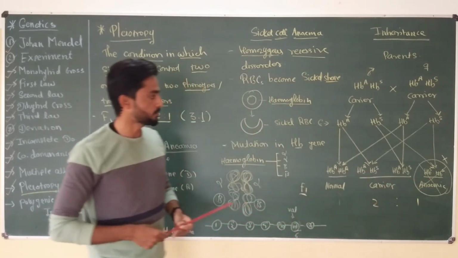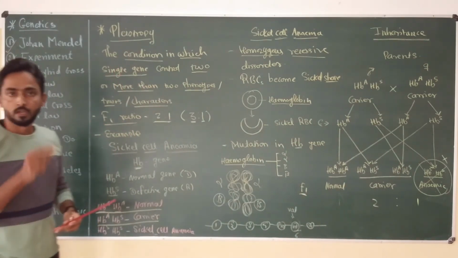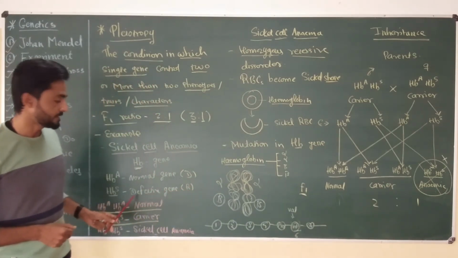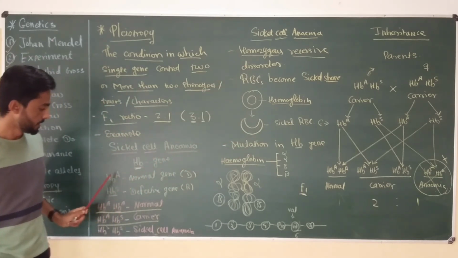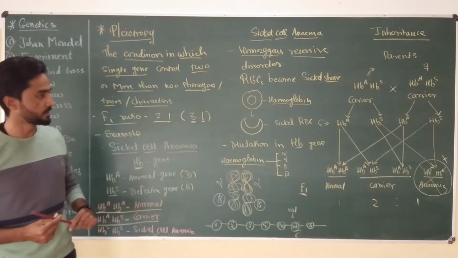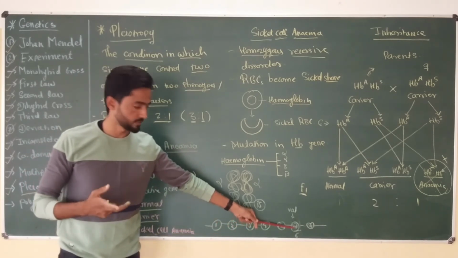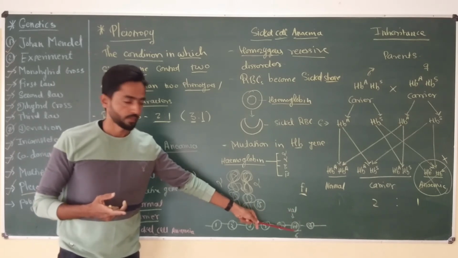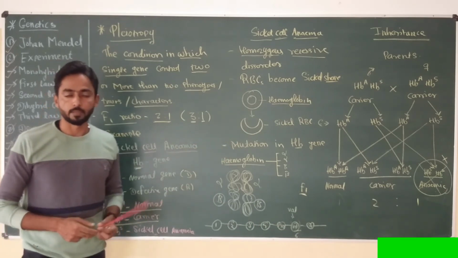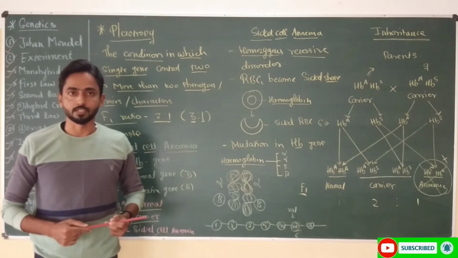Okay, so this is all about pleiotropy. It is also called pleiotropism. In this case, a single gene controls 2 or more than 2 phenotypes, and a well-known example is sickle cell anemia, the disease which develops due to the HBA or HBS type of gene, which is a mutant form of the HBA type of gene. The point mutation occurs, and because of that, amino acid number 6 is replaced by an uncommon amino acid, due to which the beta chain structure changes in the hemoglobin that ultimately produces sickle shaped RBCs, and the inheritance pattern is going to give a 2:1 ratio in the F1 generation. Thank you.